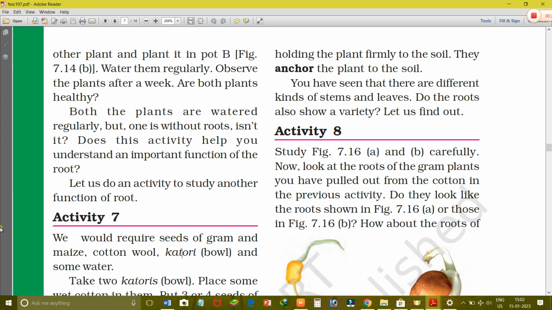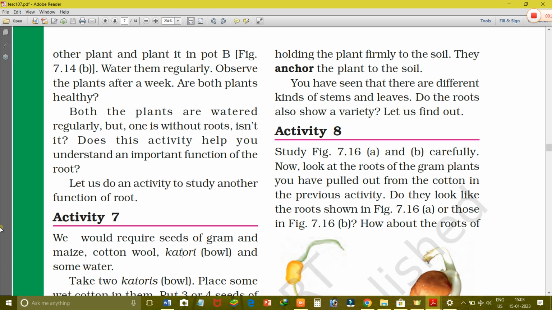Study figure 7.16 and carefully look at the roots of the gram plants you have pulled out from the cotton in the previous activity. Do they look like the roots shown in figure 7.16